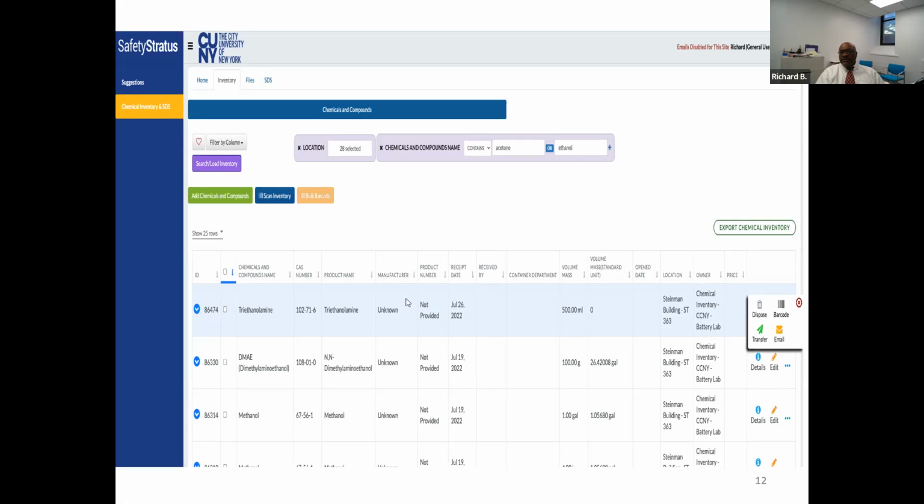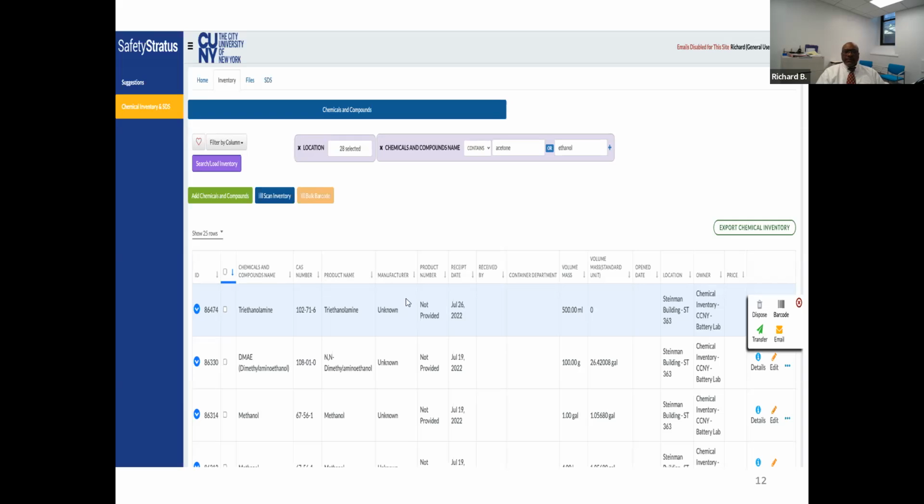Here is another view of the inventory. This is what the data entry screen will look like. Fortunately for the PIs, the approach that we are taking here in the Environmental Health and Safety Office is that we will handle the inventory. Your role will be to update with any new or incoming stuff. Existing current inventory, we will